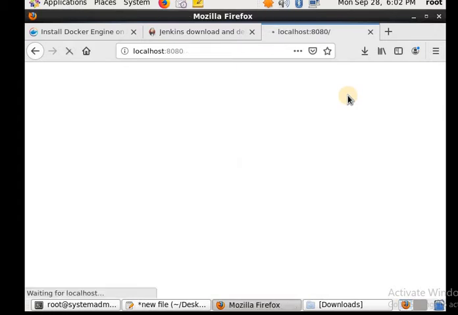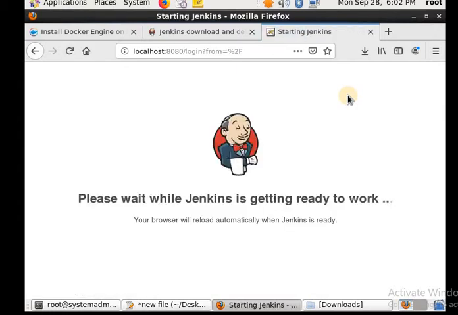See, there was a message: the browser will reload automatically when Jenkins is ready.